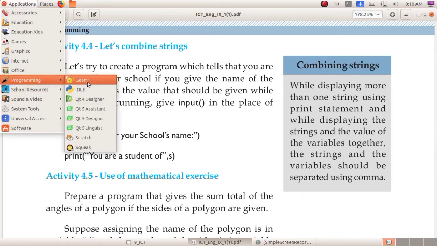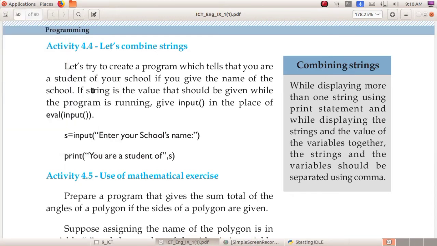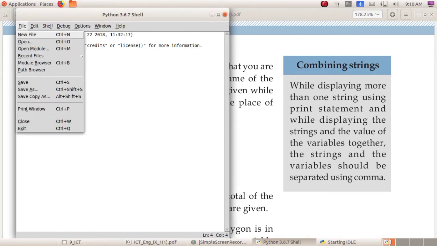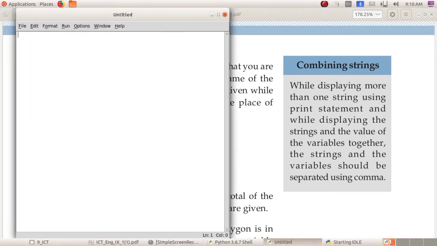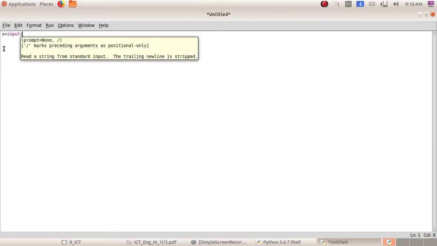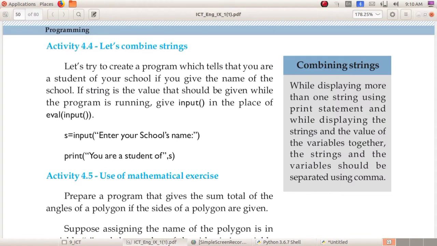Applications, programming, IDLE. You can open a new file and type here. S equal to input of "enter your school's name".